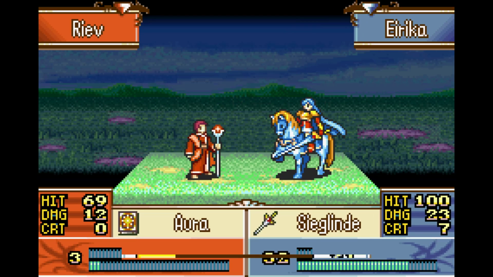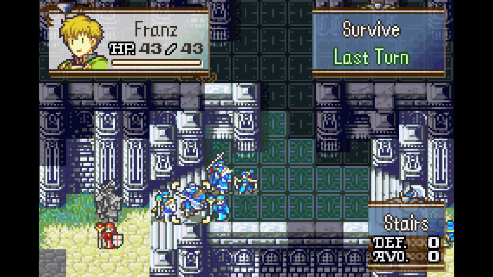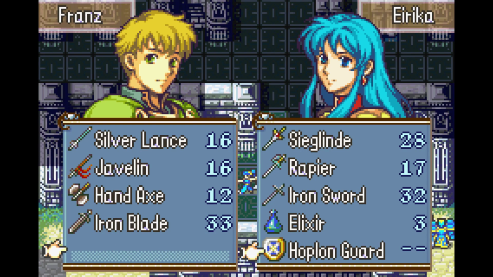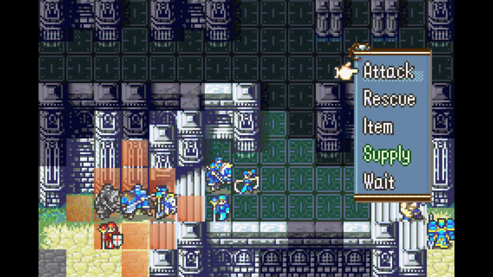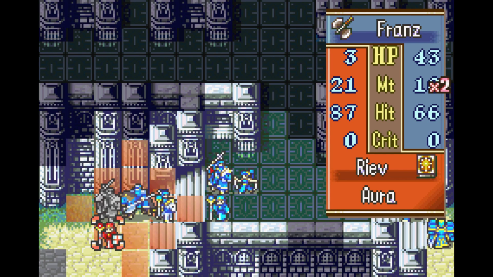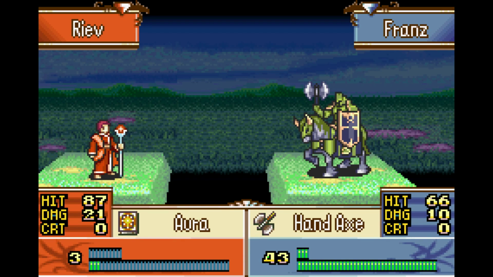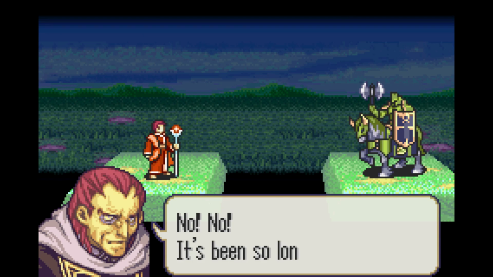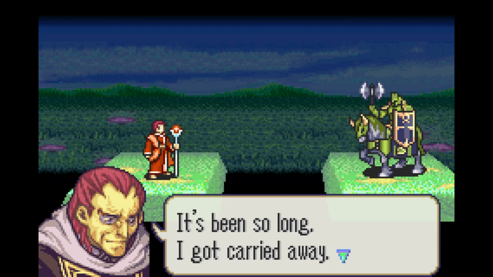Alright. So he's down to 3 hit points. I think we can adequately deal with him now. In fact, what I'm going to do is trade that Hoplon Guard over to Franz. So now he can't be critical hit. And I'm going to throw an axe at Riev's face. And that'll be the end of him. Yep, you can definitely tell that was the Sacred Twin music because this one's different. It's just generic boss music, so...